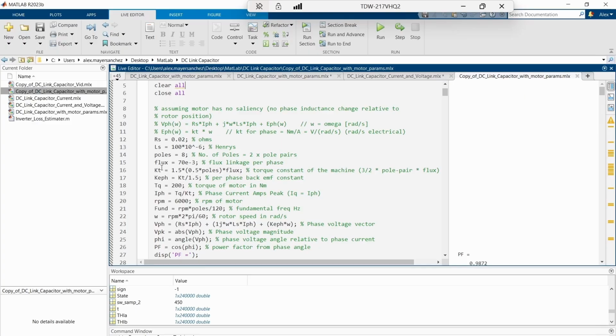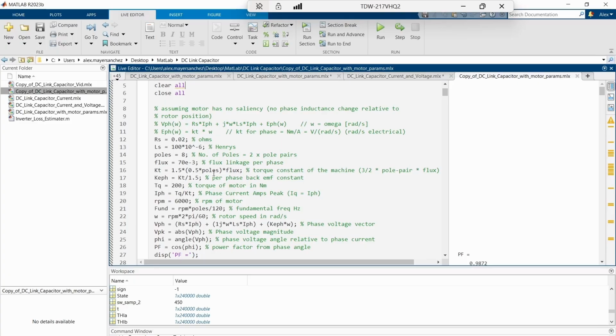from, maybe, a data sheet for a motor, or you can calculate the torque constant analytically or empirically. Like you can calculate the torque constant in ANSYS electromagnetics. Maybe I'll make a video on that. You basically simulate the motor, and the torque constant is going to give you how much torque you get out of the motor for a given phase current, or I guess this is for a given